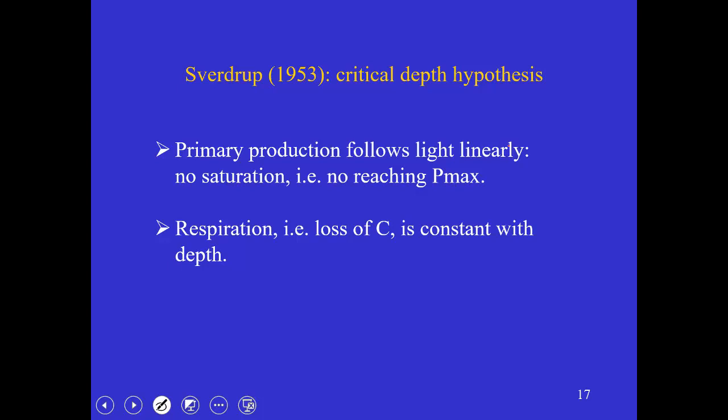Very common to do this. And one of them was that he just said that primary production varies linearly with light. And we know already that's not the case, that there's this sigmoid relationship between primary production and light, but back then it was much more important. We could actually easily not have any of these two assumptions and still talk about this idea. But back